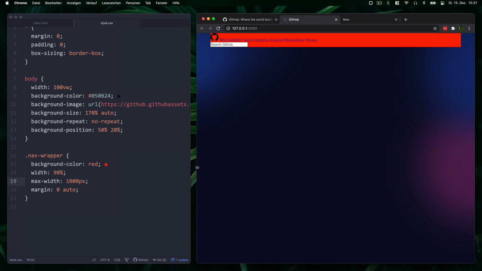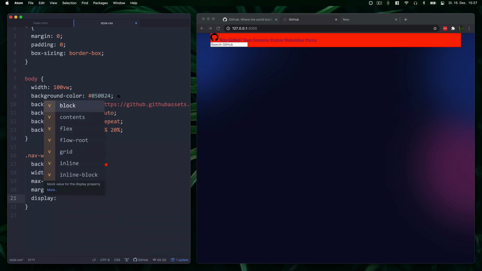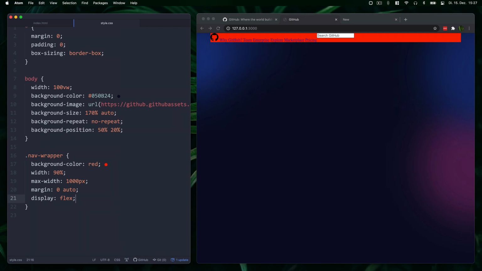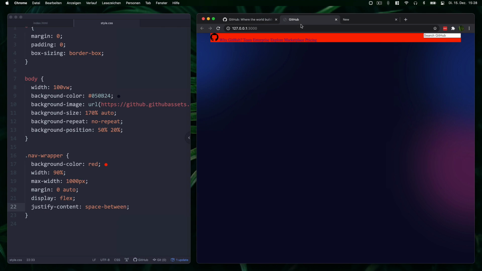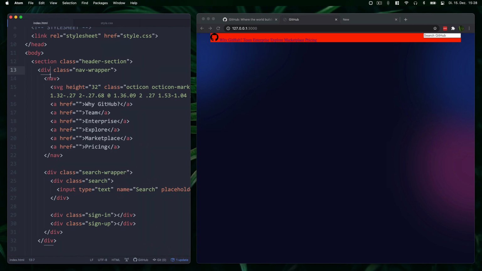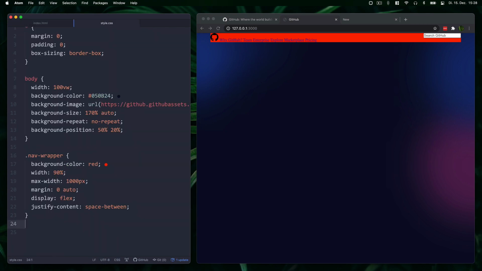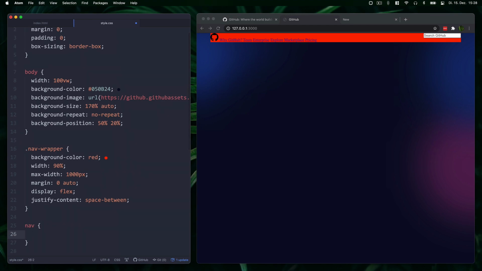So next thing we need is to, let's say, display flex. Yep. And justify content space between. That's to separate the actual navigation from the search part. Okay. So that's good. I think we can go on with a nav. So nav needs to be, actually let's go nav and then